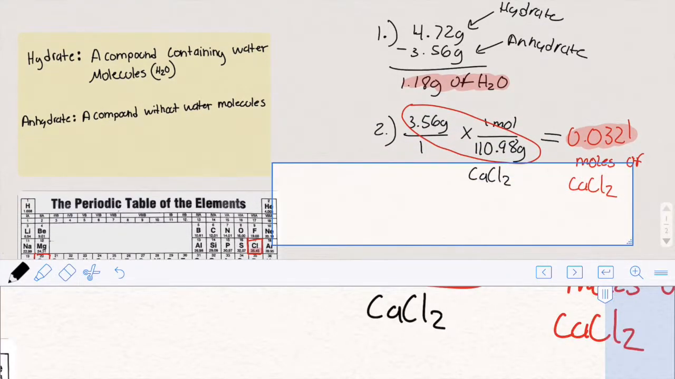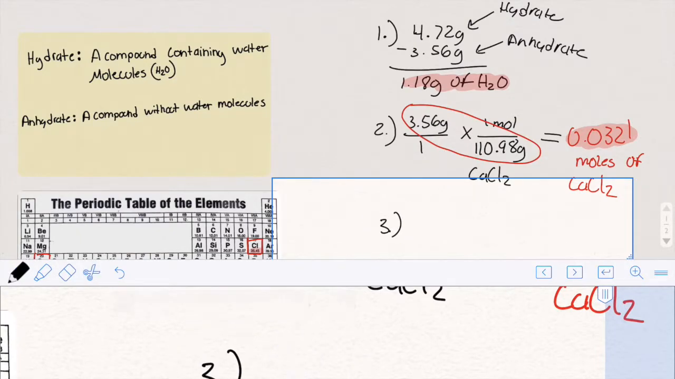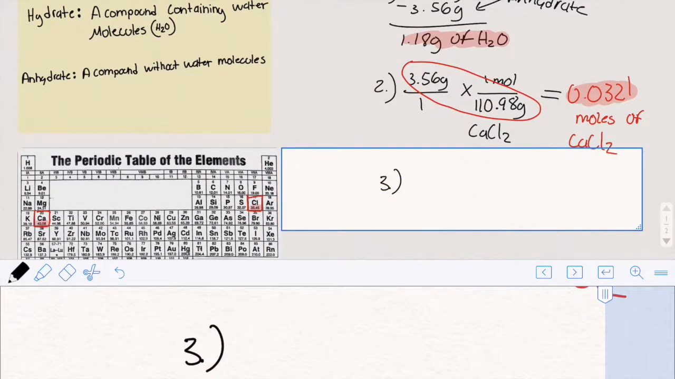In step 3, we are going to convert the mass of the water to moles. In step 2, we converted the mass of the anhydrate to moles. Now we're going to convert the mass of the water to moles. Let me just move this 3 a little bit over. Alright, so the mass of the water was